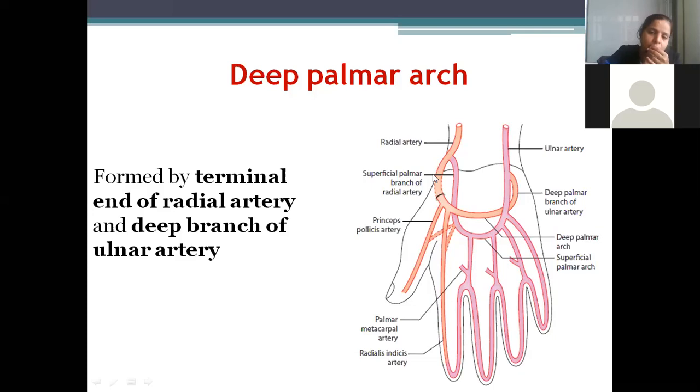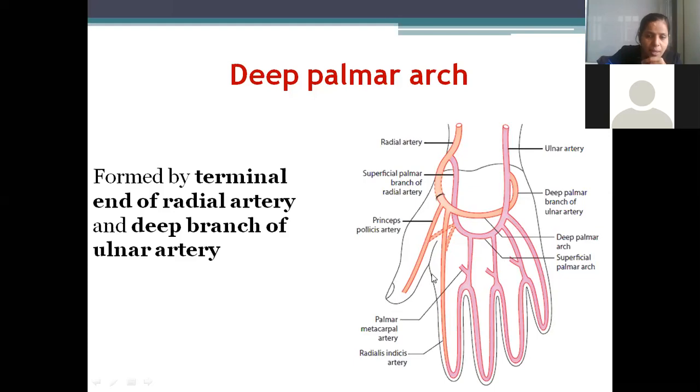So this one. Now let us see. This picture only, you need not read any of this. You can write in your own words. Now see what are the various arteries. Three and a half digits are already supplied by the superficial palmar arch. So what is left over? One and a half. So this is princeps pollicis and this is radialis indicis. Princeps pollicis is towards the thumb, radialis indicis is towards the index finger. Sometimes, I told you, the superficial palmar arch is completed instead of by joining the superficial branch of the radial artery, it may join these two arteries. Sometimes. Those were exceptions, no? So this is that artery that I discussed previously.